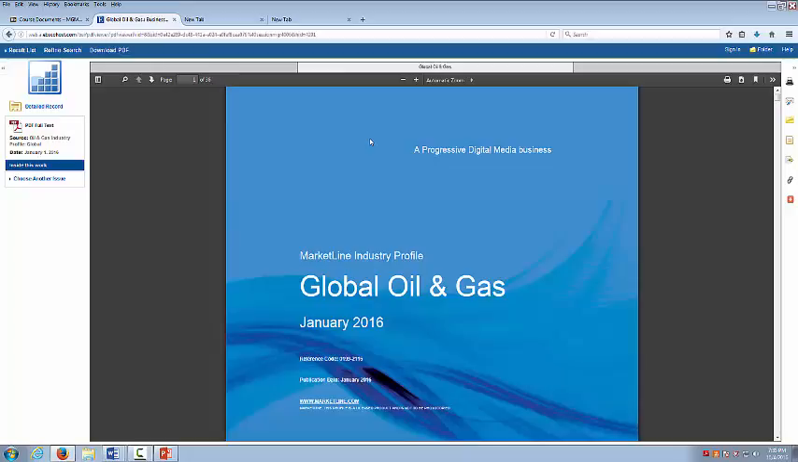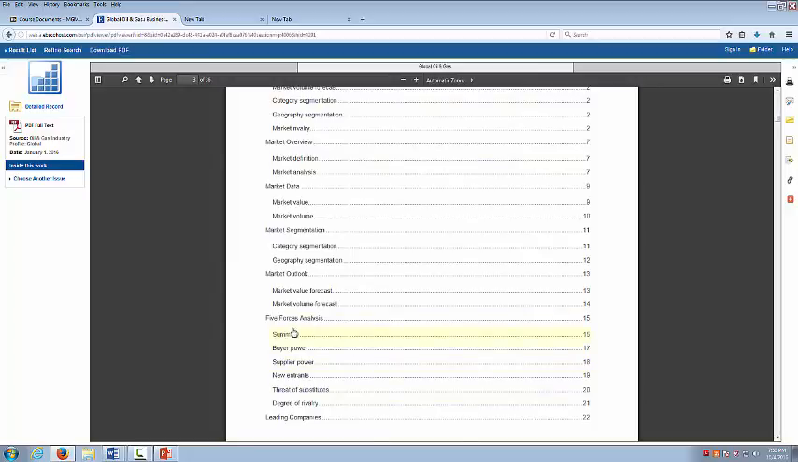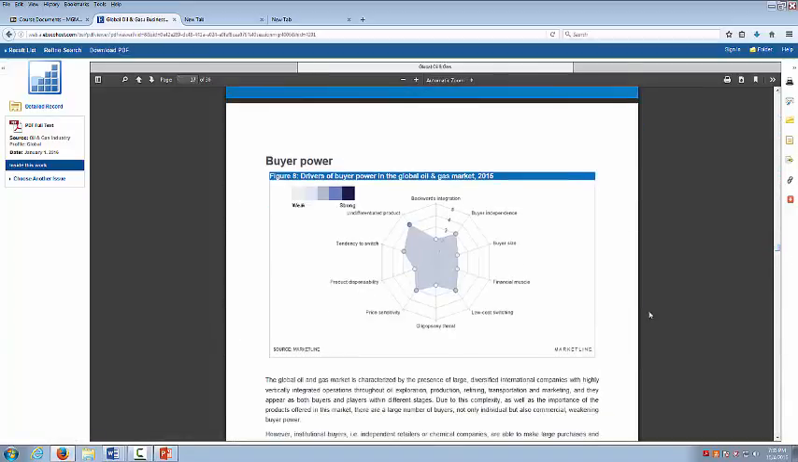Once you've opened up one that's blue, if you just scroll down, you'll notice on like the third page is a table of contents, and about halfway down the table of contents is Five Forces analysis. So if you just go down to page 15 of this document,